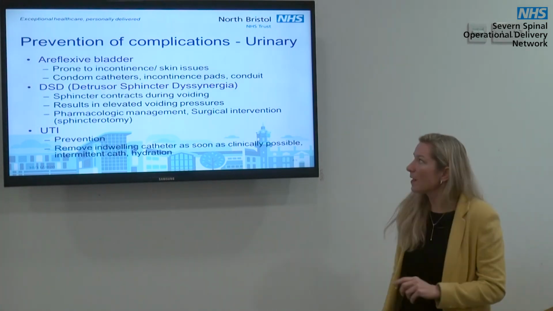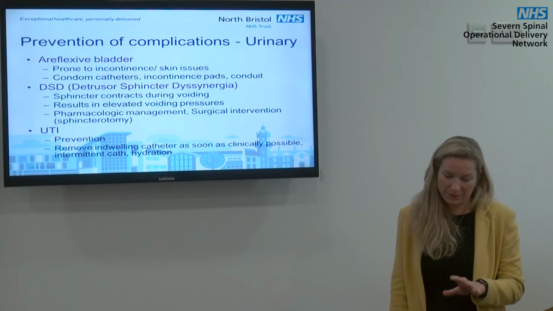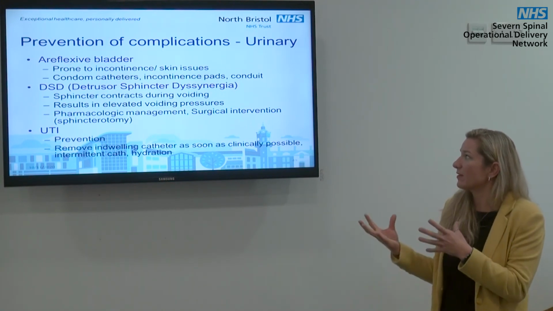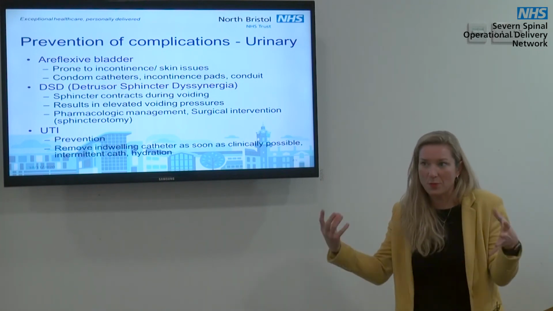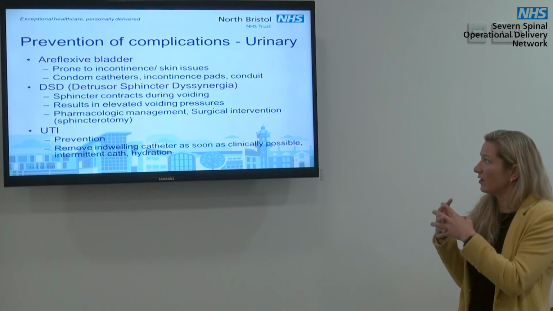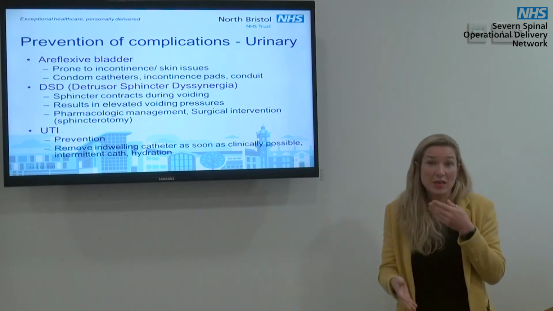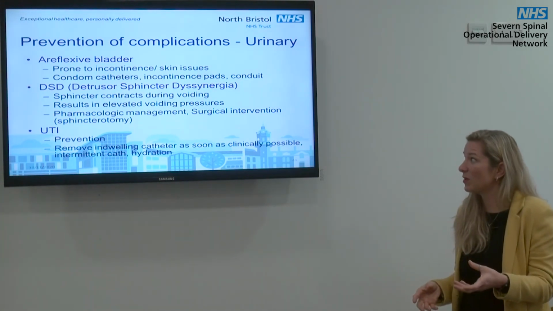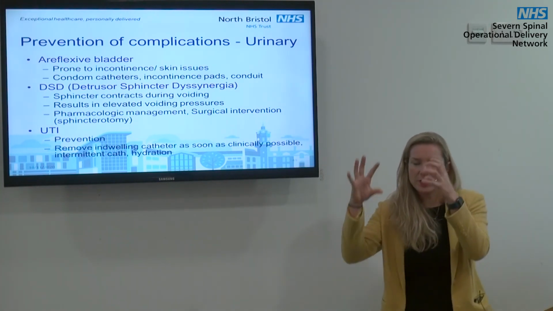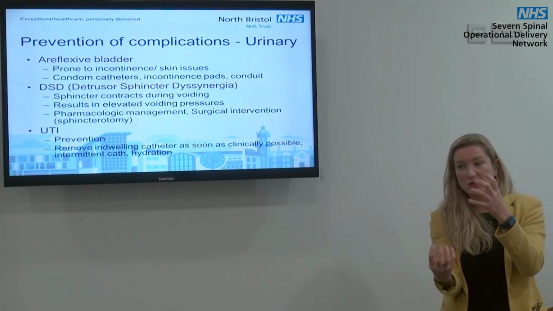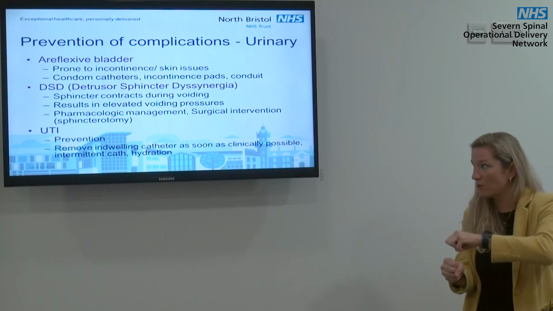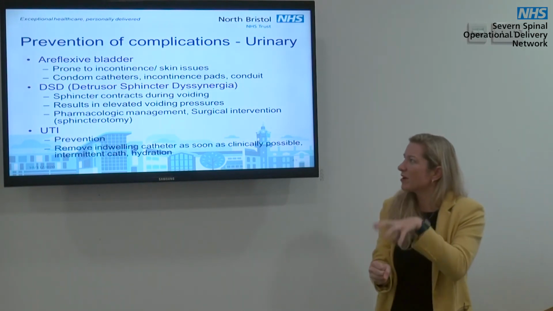Urinary. So again, spinal cord injury affects the bladder. You either get an areflexive bladder, which means the bladder is just a floppy sac and urine can leak out, or you get detrusor sphincter dyssynergy. This can happen with incomplete spinal cord injuries. It's sometimes missed. It's where you've got a normally functioning bladder, but the nerve supply to the sphincter is affected, so the sphincter won't open when the bladder goes to try and void, and so you get very, very high voiding pressures,